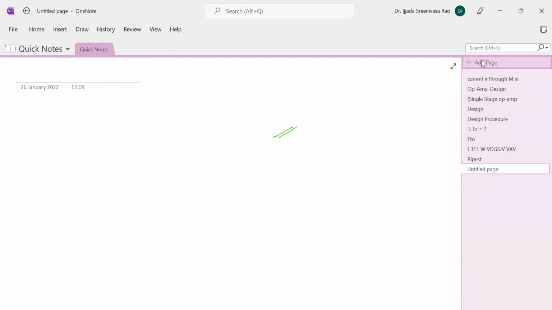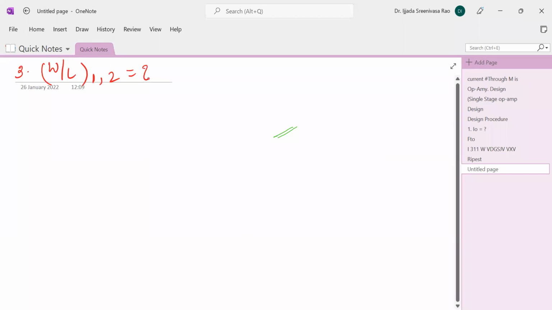So what is the next step? Third step. Third step is M1, M2 finding. What is the W by L ratio of 1? That is the third step. Okay. So how to find the W by L ratio of 1 and 2? Through the gain bandwidth product. Am I correct? Yes. So for finding M1 and M2 dimensions,